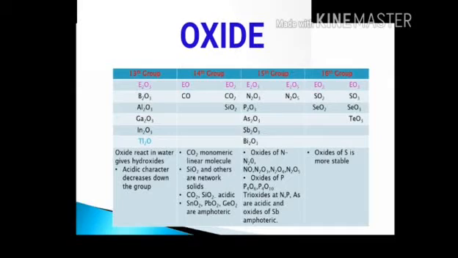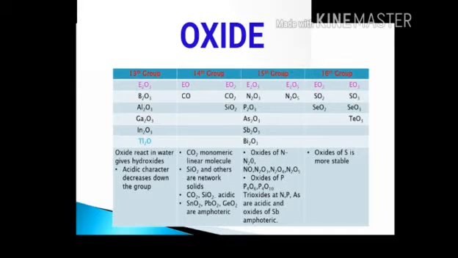Thallium forms two types of oxide: thallium 1 oxide Tl2O and thallium 3 oxide Tl2O3. But here I have written Tl2O. This is because Tl2O is more stable than Tl2O3. I already discussed earlier that for thallium, when we move down the group, the +1 oxidation state increases and the +3 oxidation state decreases. That's why thallium forms the +1 oxide Tl2O, and it is a strong base and is highly soluble in water.